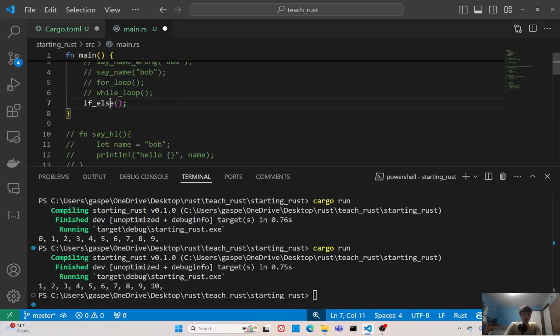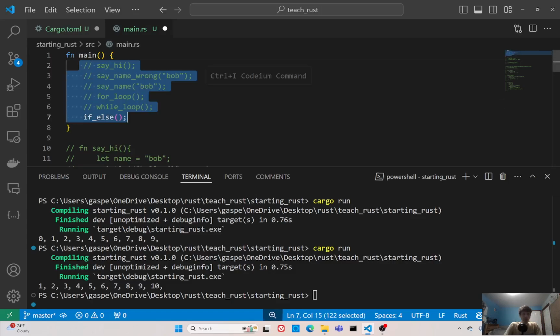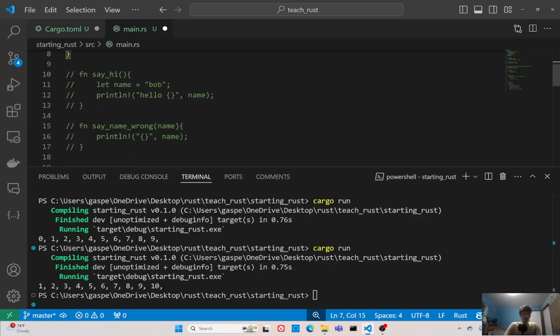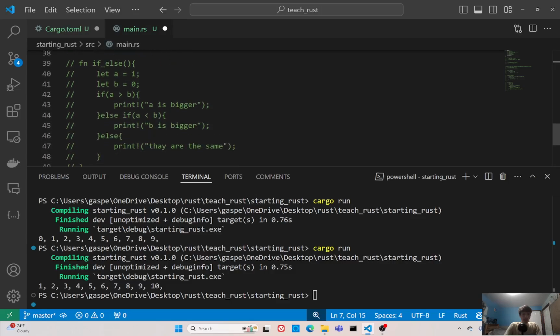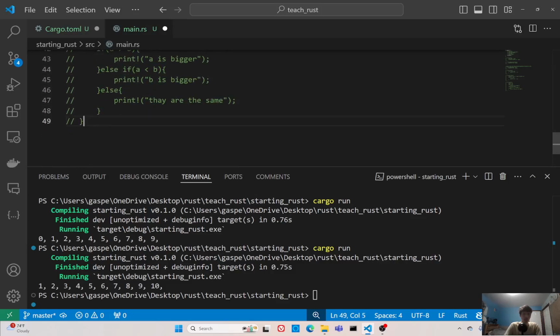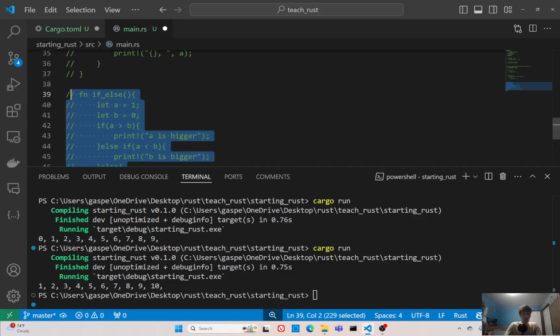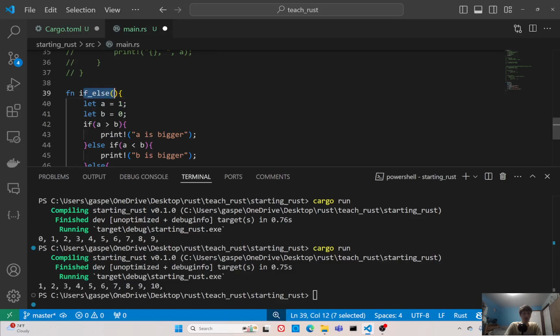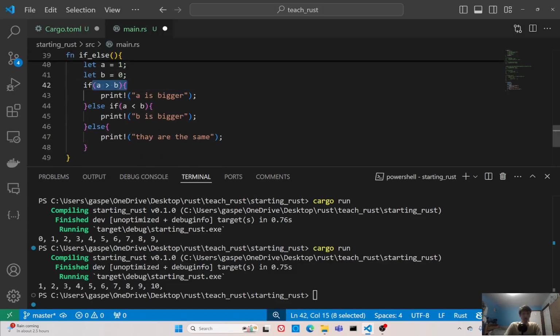And then the if-else statement. So yeah, clearly I've just made a bunch of functions here. Maybe I should have said this at the beginning. I made a bunch of functions just to show how each thing works. But yeah, so okay, we have an if-else function. So we have let a equal 1 and b equals 0, and then just if condition, say it, or else if condition, print the other thing, and then finally a last condition if they're the same. I'll save,